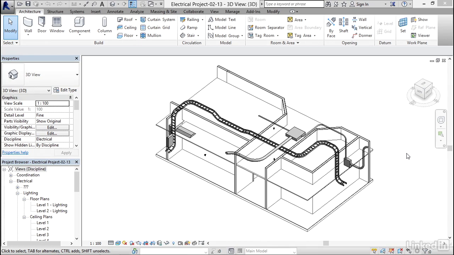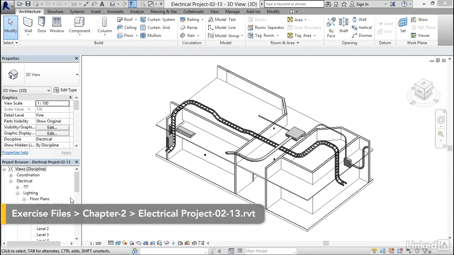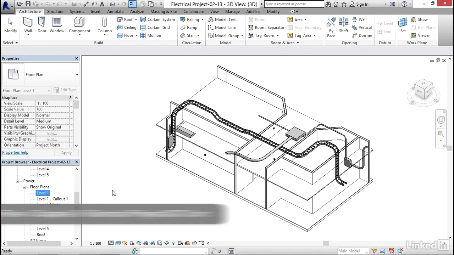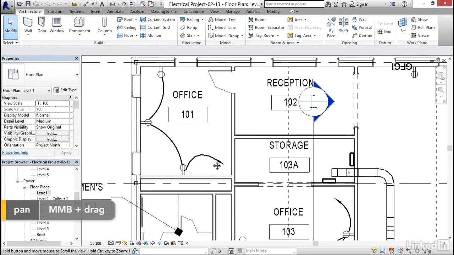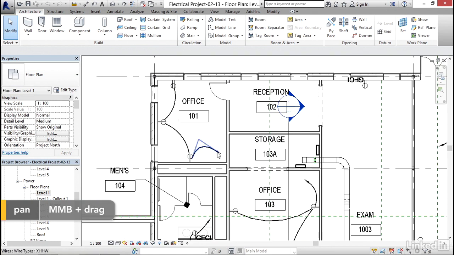What I'd like to do now is tag this plan up. I want to go to Electrical Project 213. First thing I want to do is go down to my Power Level 1 floor plan. Now, certain companies tag things differently. My company shows the spaghetti. So essentially, we can tag the home run, which shows us the circuit number and the panel that it's going